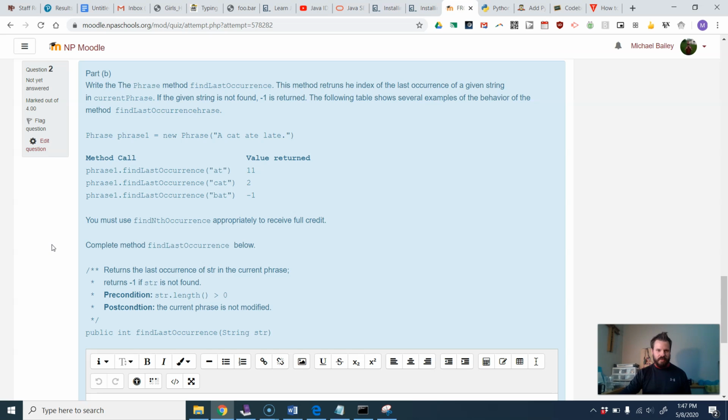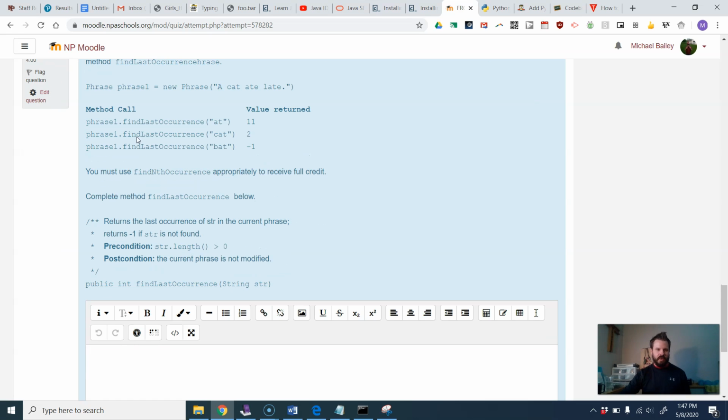Let's do the last one, write the phrase method find last occurrence. This method returns the index of the last occurrence of a given string in current phrase. Okay, if it's not found, it returns -1. So in other words,